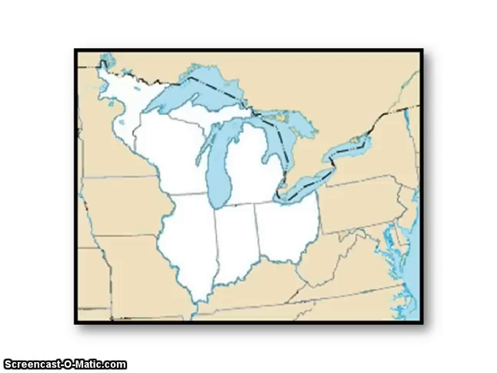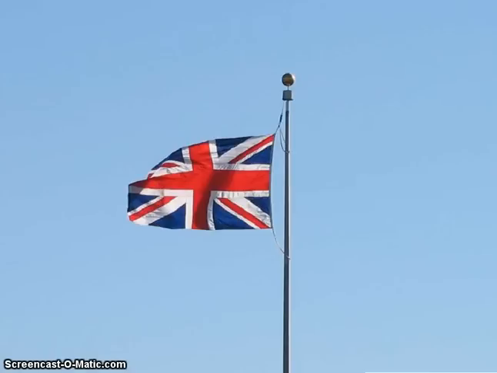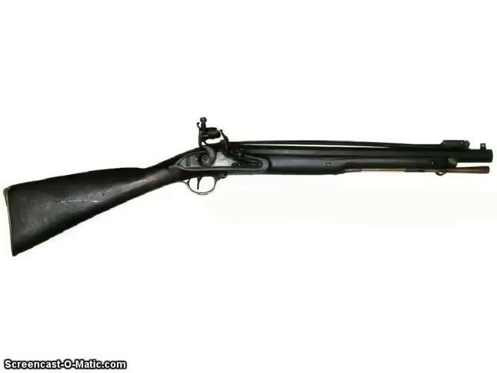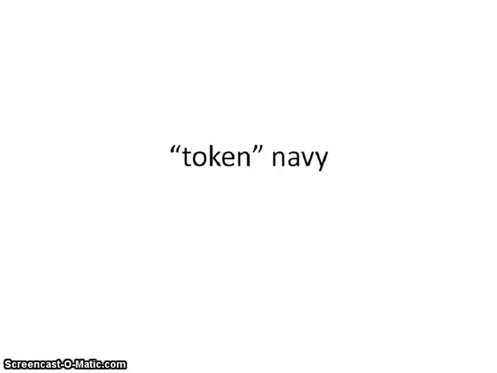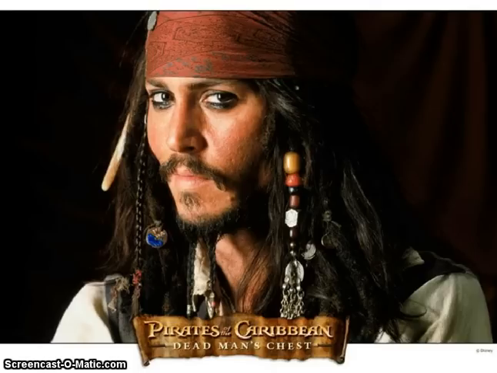And look at our borders. They're huge. They have to protect against Indians in the Great Frontier. They have to protect against the British who are in Canada waiting for us to make a stupid mistake and fail. And of course, we don't even have a great navy. We have a token navy. How many ships? Take a guess. We have a whopping 2 ships. So if we do have foreign commerce trading with France, Spain, these guys might pillage us, and there's not a lot we could do about it.